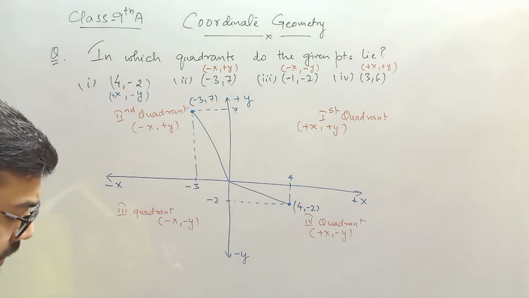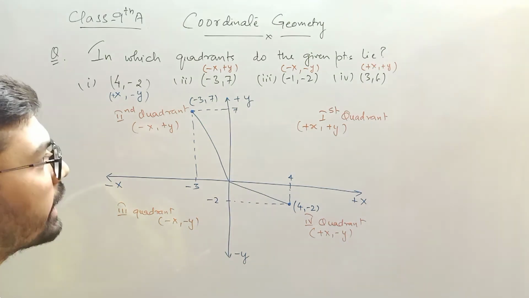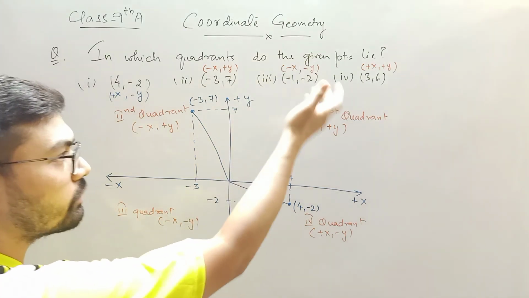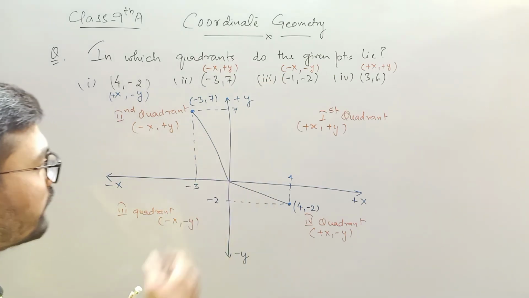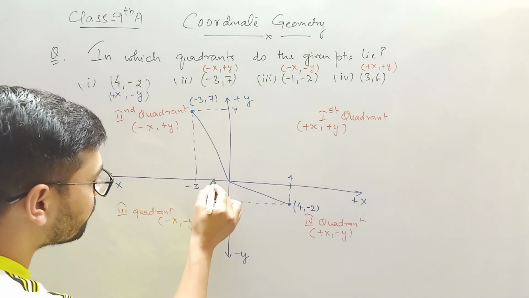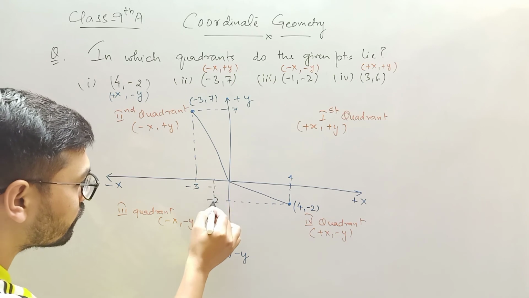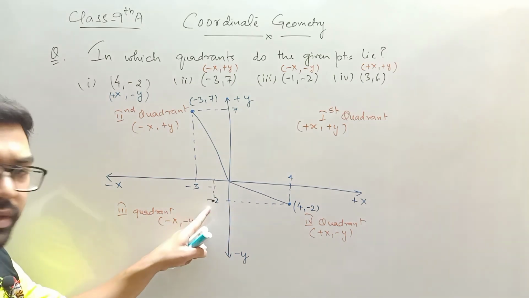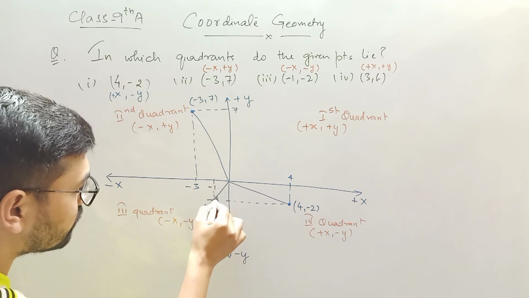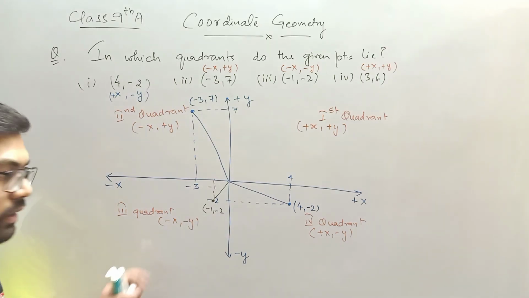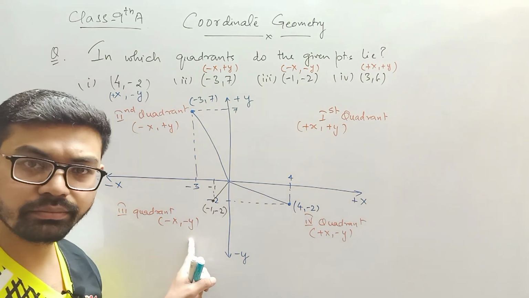Now the third point is, okay, I'll represent the third and fourth points with a different color. So negative and negative. Both values are negative, so it's in the third quadrant, right? So x and y both are negative. Let's say x is -1. So this point lies somewhere here, (-1, -2). This is the point (-1, -2). From the origin, this point lies in the third quadrant where I have negative x and negative y. Any doubt till this step?